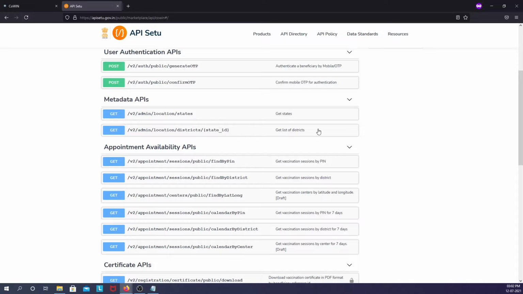So if we were to call these API endpoints from our application, we need to know ahead what all the request data is that we have to pass.